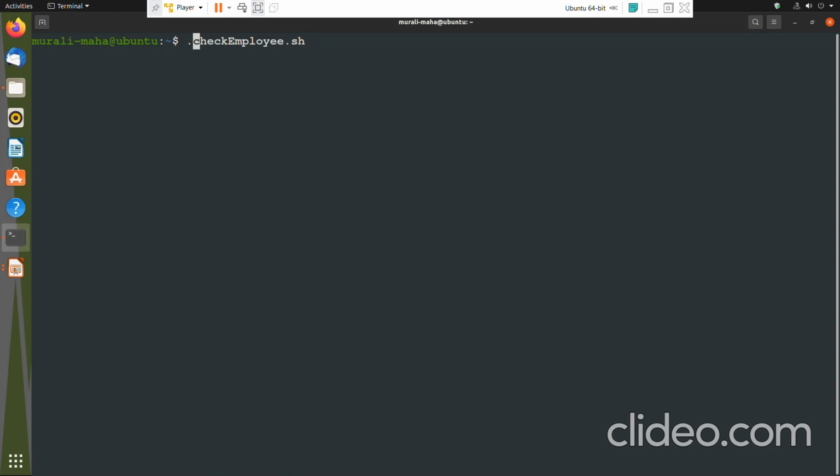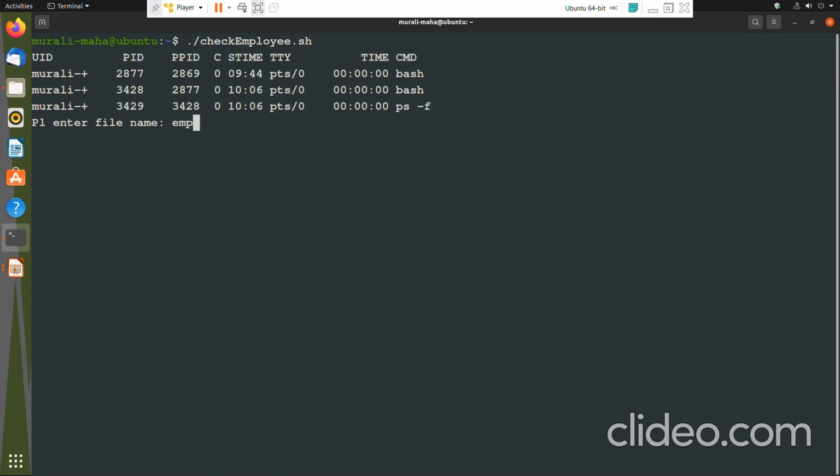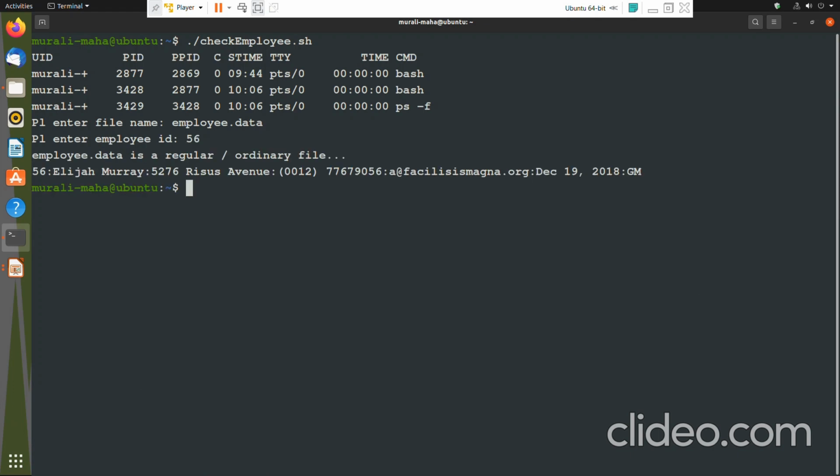This is a relative path name. Under the current directory there is a script called check_employee.sh, execute it, right? This is a relative path name. employee.data, 56.